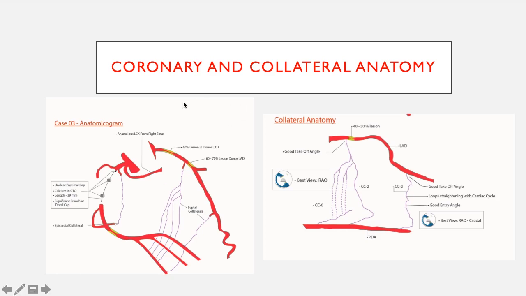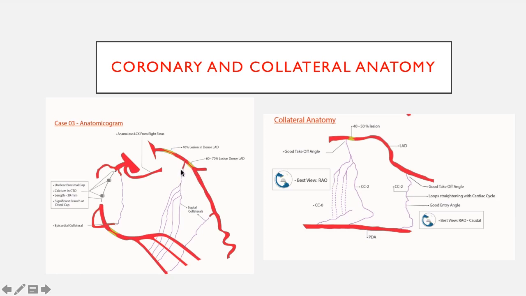If you want to understand the complete coronary anatomy in one picture, this is how his anatomy is. This is the CTO, with a very short proximal segment. This is an anomalous LCX coming out of the right sinus, close to the right coronary ostium. These are atrial branches giving an epicardial collateral to the RV branch, and this is the calcium sitting in the CTO, in almost 3 locations, proximal, mid and distal. There is a small lesion in the distal RCA, and there is a lesion in the donor vessel, that is LAD,